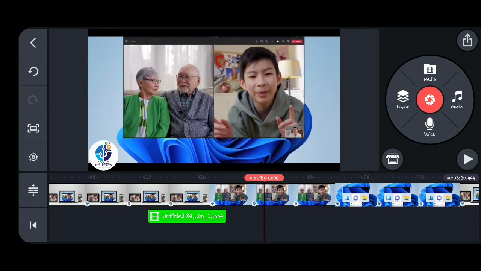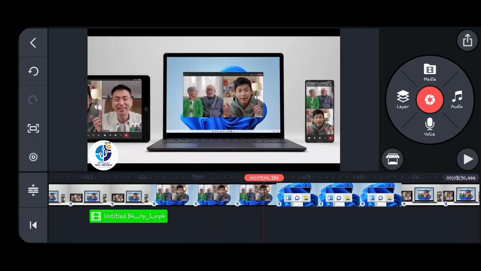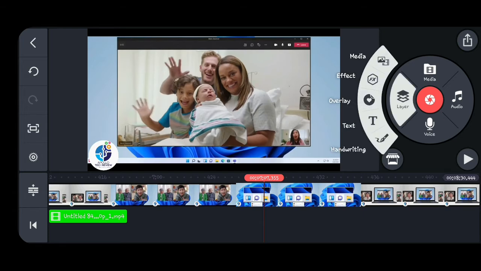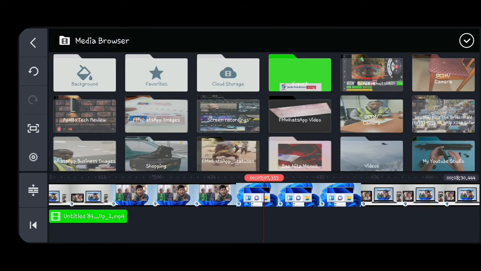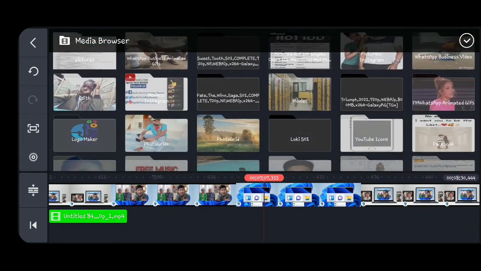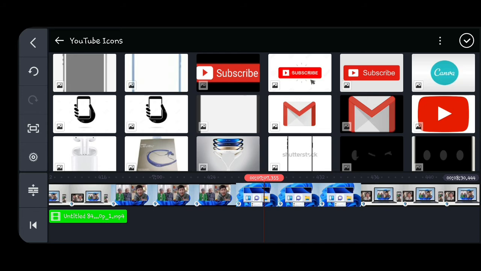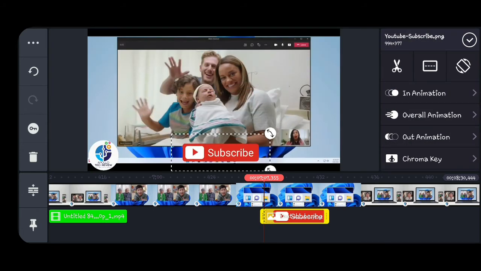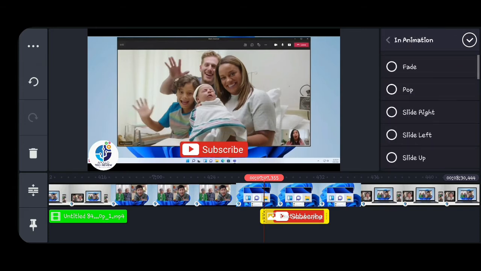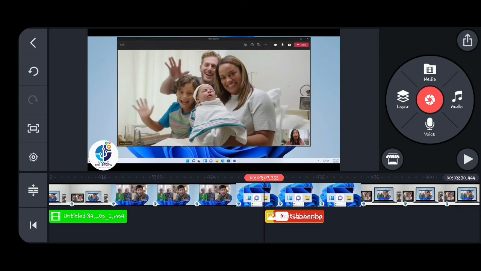Use subscribe buttons. Then another simple one, which you can design anytime without downloading any green background, is this: in the video, you click on layers, then click on media, and use subscribe. For example, use this subscribe word, and put it here. Then from here you give it a pop-up animation. Then without changing the timings, you also